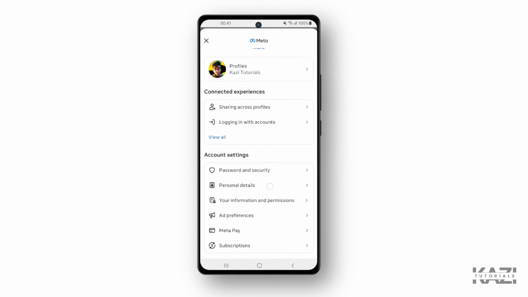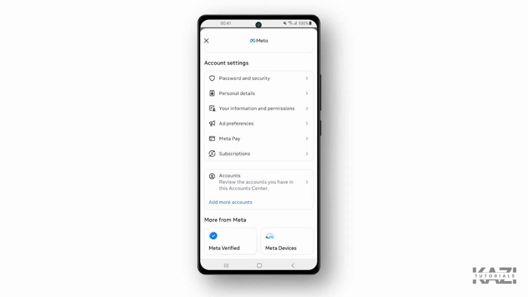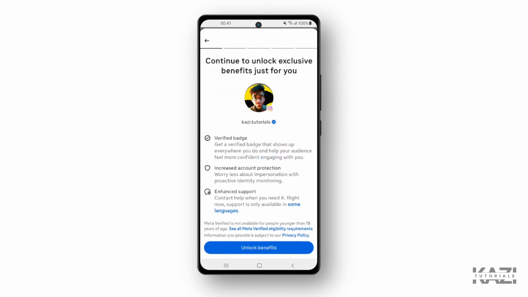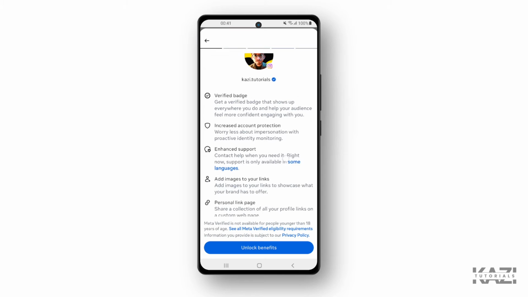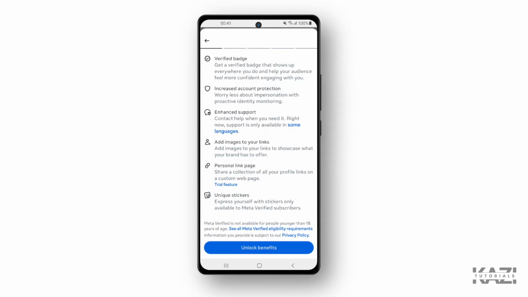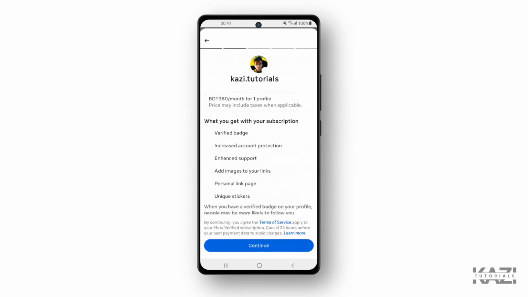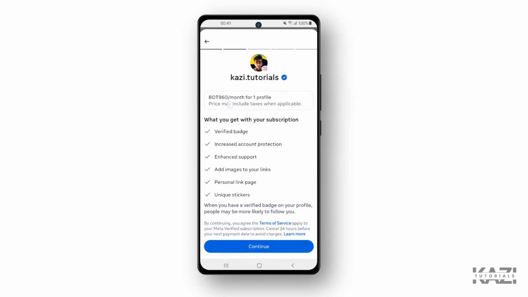Then again, you need to scroll down until you find this one, subscriptions. So tap on subscriptions and then you will get the Meta Verified option. So tap on that. Now you can get all of these benefits after getting the subscription. So unlock benefit, tap on that once again, and then it is showing how much money you have to pay